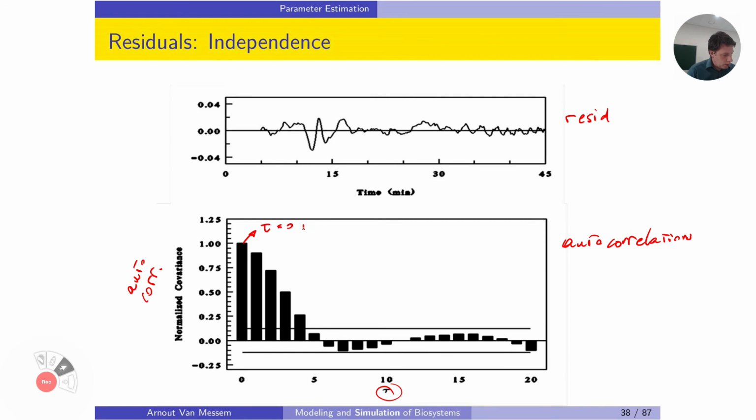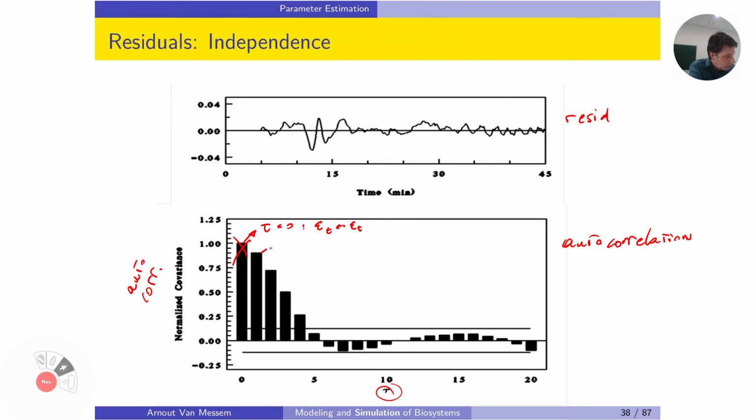So what you do is you compare epsilon t with epsilon t. It's the same variable, there is no difference. And so it's logical that the correlation is 1, because they are perfectly correlated. It is the variable itself. So the first bar will always be 1. For lag 0 you will always get 1, and so you can ignore this one in the plot. You don't have to mind it because it doesn't give you any information.